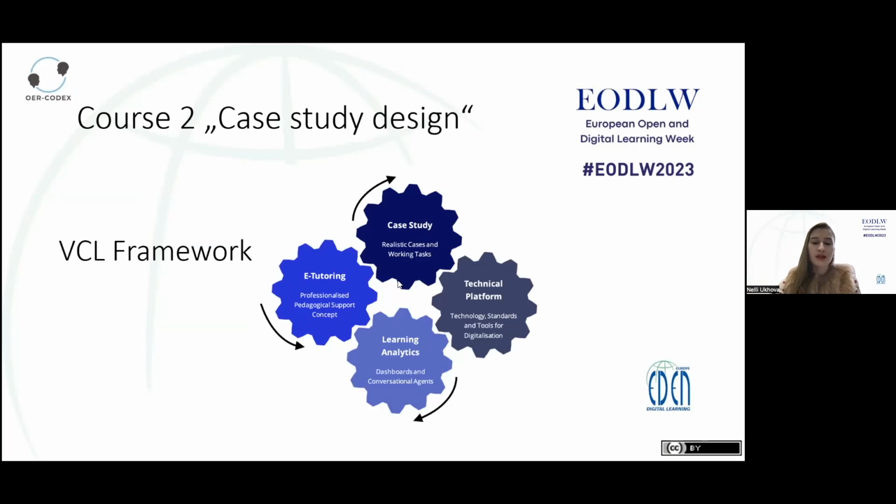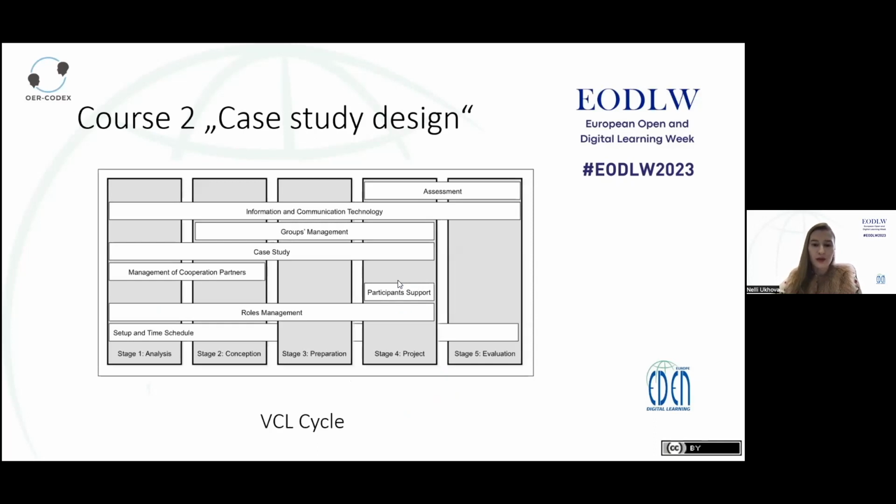And we would also discuss how learning analytics can support you with the evaluation of the results of the output of the work of the students, and how the e-tutors can support you, the course instructors and creators, with the course itself. In the second lesson, we will be also dealing with the VCL cycle.